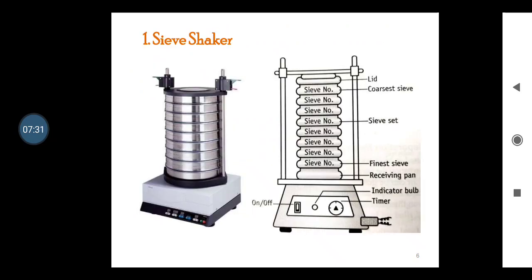So we are going to talk one by one on different types of methods, which are very important as far as the aspect of size separation is concerned. First of all, we are going to talk about the sieve shaker machine, or you can say the device. As far as the principle of the sieve shaker is concerned, the powder drug is separated according to its particle size using a set of sieves in a nest. These are subjected to different types of agitation so that size separation is rapid.